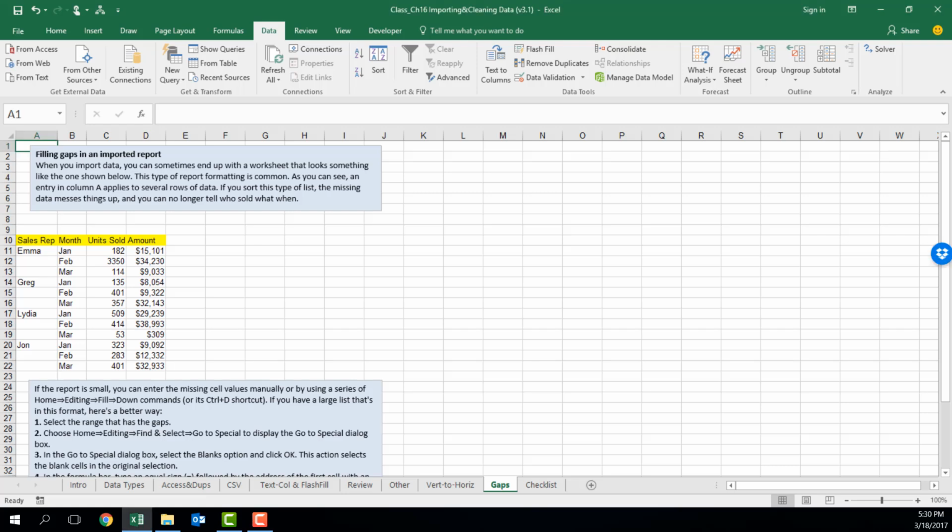Occasionally, we receive data like this that is in outline format. We have Emma, January, February, March, Greg, January, February, March, and so forth. Well, that's very nice, and sometimes we'd like it that way. Remember when we did pivot tables with the recording collection the author had, we actually created outline mode to show